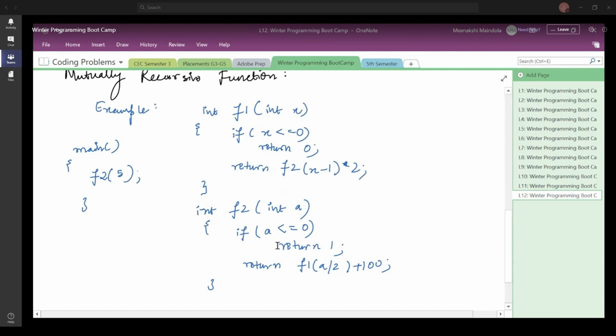We have these two functions, and from the main function I call f2 of 5, and I want to see in which fashion these functions are going to be called. Go ahead and solve this and then tell me how you move ahead.